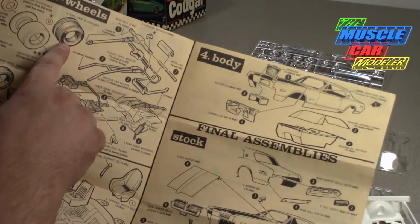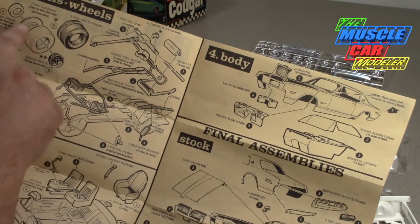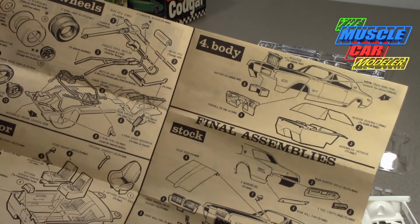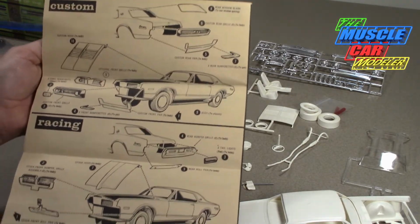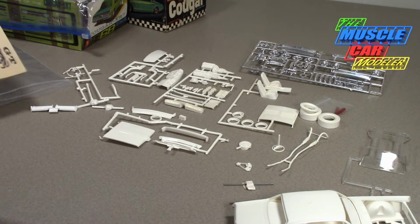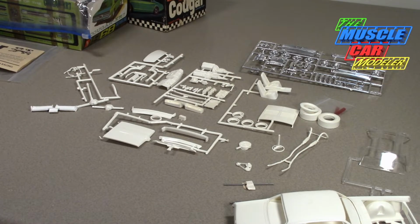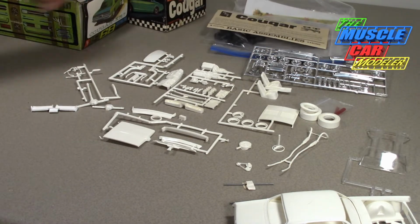It does mention the vinyl drag slicks and the plastic drag slicks. So I don't really know why there's 2 sets of rear slicks, but it's kind of interesting. And then there's all the custom features. But it's a car that I really like and a kit that I really like. So now to compare that to the